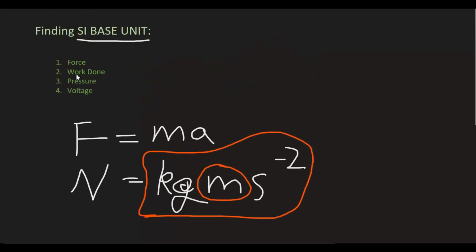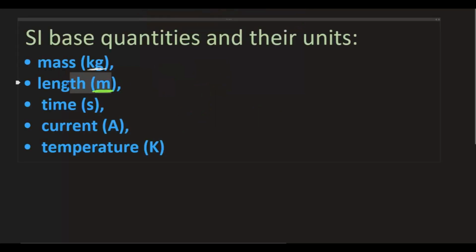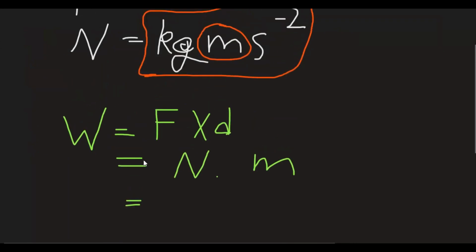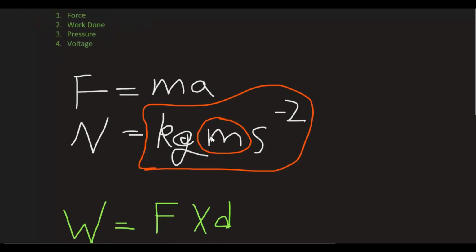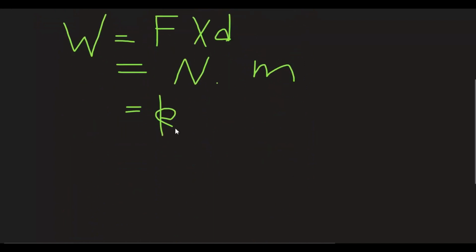Let's see another example. How about work done? We know that work done equals, for example, force into distance, right? The unit of force is Newton and the unit of distance is meter. Now we know that meter is an SI base unit, but Newton is not, right? So what can we do in this case? We have to convert this Newton into SI base unit, and we know that the SI base unit of Newton is kg meter per second square. So let's write that. It's kg